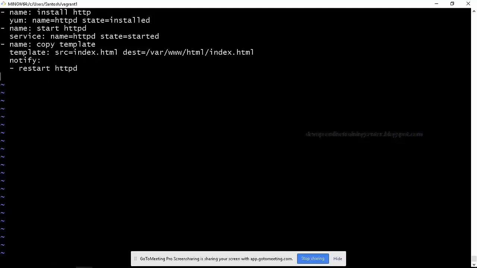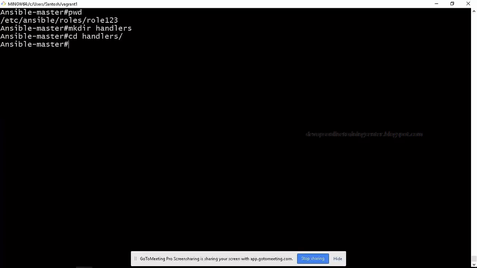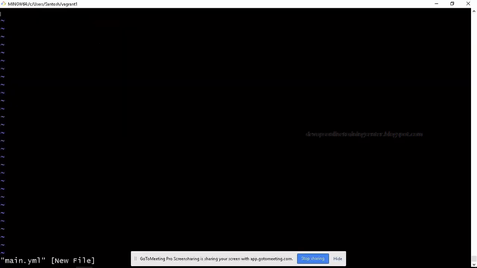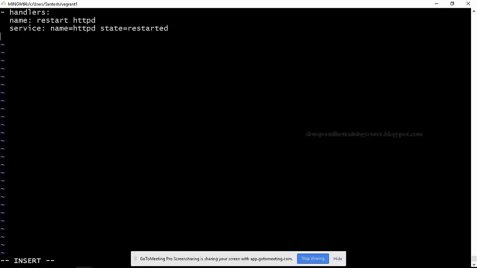Yeah, handlers also I can specify in a different directory. So that also we'll try, right? So in roles, make dir handlers. In handlers again main.yaml. So I have to go to handlers, in main. So basically here you're segregating everything, right? So I'll just say handlers, and then I'll give the name of the handler. Name is start httpd. Service module, name is equal to httpd. State equal to restarted. Is this okay?